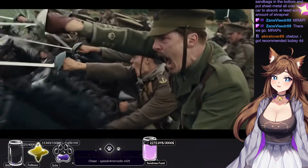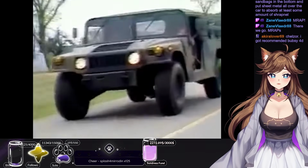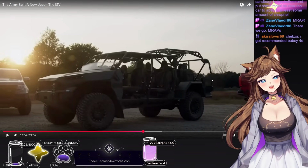Okay, to recap, the military needs mobility. First, the military had horses. The horses turned into Model Ts. The Model Ts turned into Jeeps. The Jeeps turned into Humvees, and then the Humvees got bastardized and turned into a wannabe tank. So now the Army needs a new Jeep. Cue the Army's new program, the ISV, the Infantry